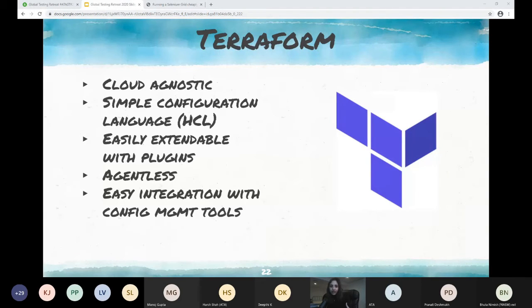The good thing about Terraform is that it's cloud agnostic, so it's not tied to one cloud vendor. If you're not sure what cloud you want to use, you're using AWS right now, but maybe you have some Azure interests as well, you can always use Terraform because it's cloud agnostic. It supports so many different providers. If you look at their website, you can see how many different providers, tools, and services they support.